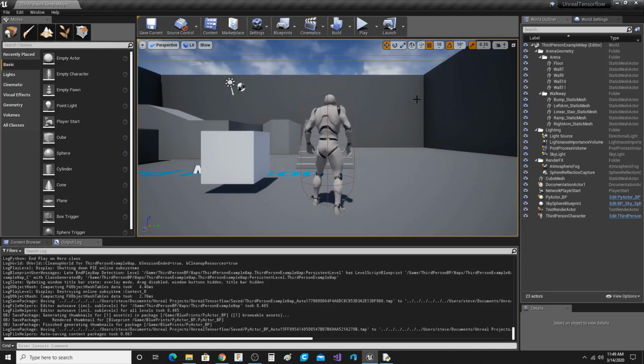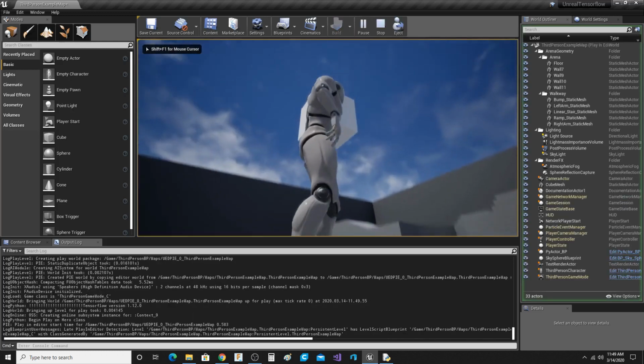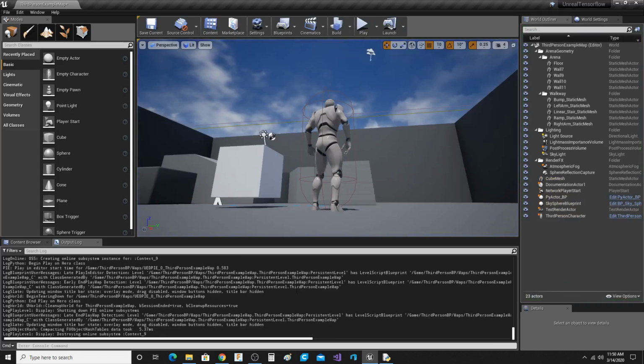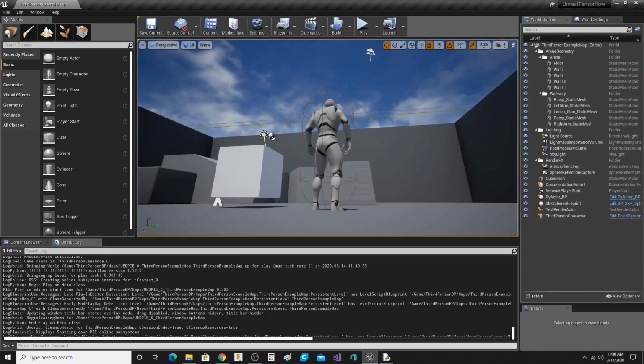I'll just play this real quick. This is a blueprint that has a cube in it, and this cube is going to move based off of Python code that's running inside of Unreal. Right now all it does is go up. If I hit play, I can look around and you'll see the cube just going up. Hit escape to stop, and then we have some logs. This is inside the code, which I'll show you in a minute. I'm actually loading TensorFlow